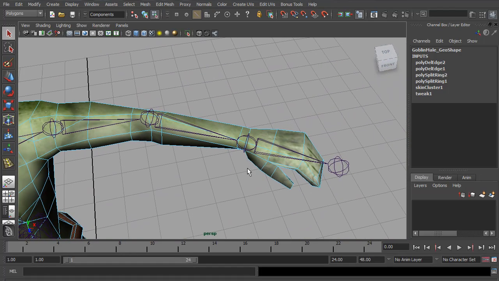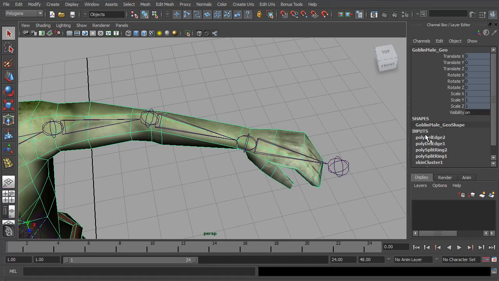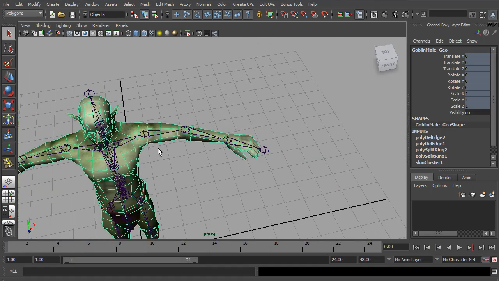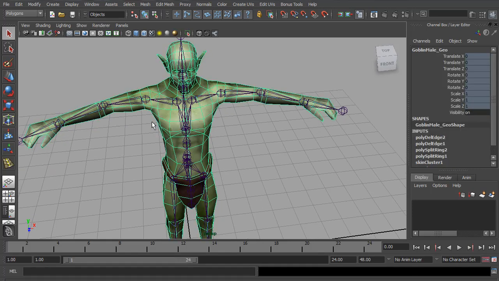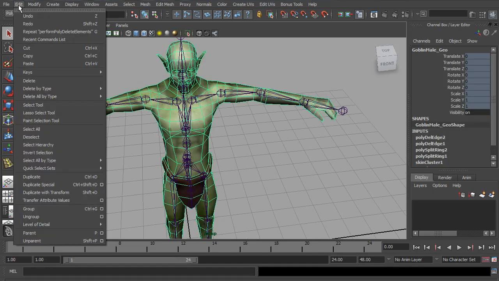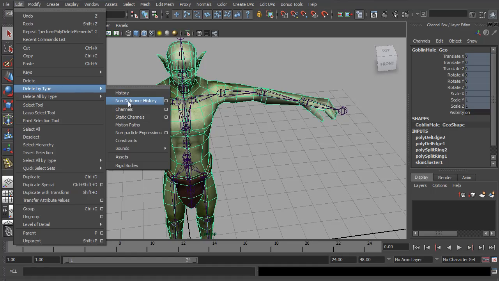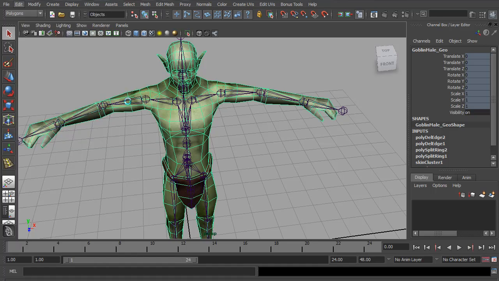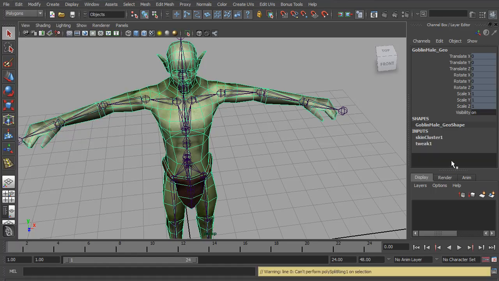Now the problem with doing this is that if we look in our history, we can see we have the deletes in the poly split. So to fix that, I'm going to make sure the mesh is selected. I'm going to go to Edit, Delete by Type, Non-Deformer History. We can ignore this warning, and you can see now we're back to just the skin cluster,